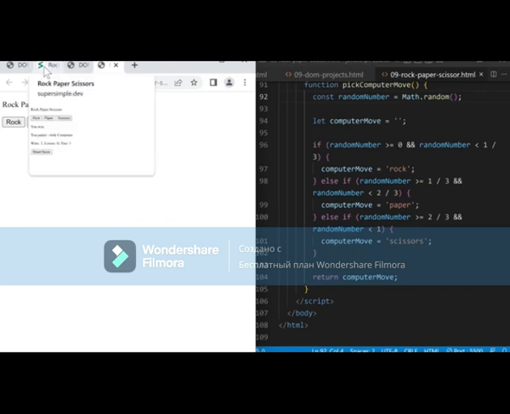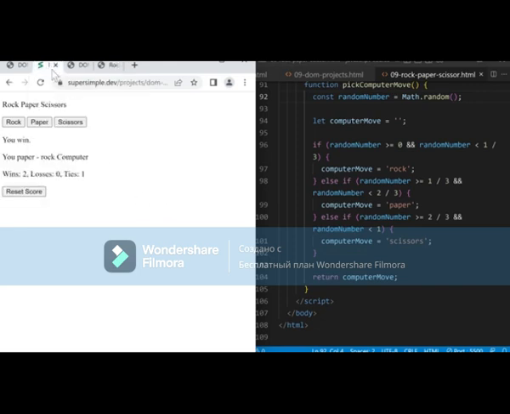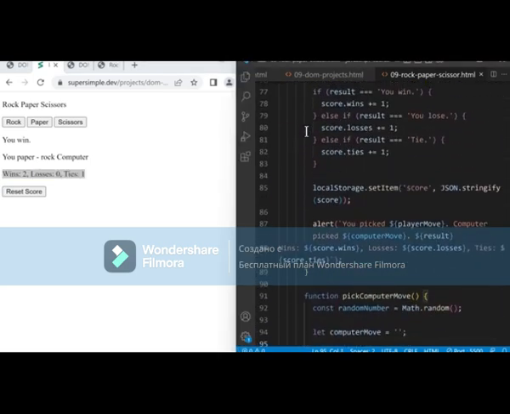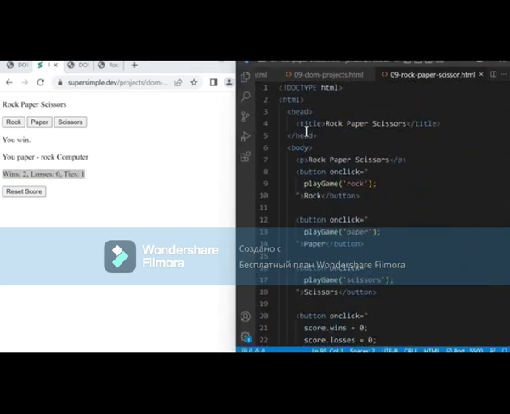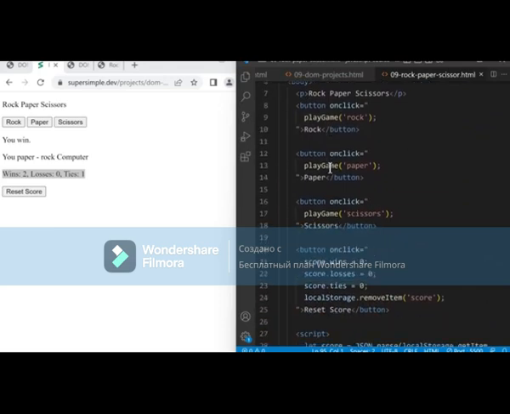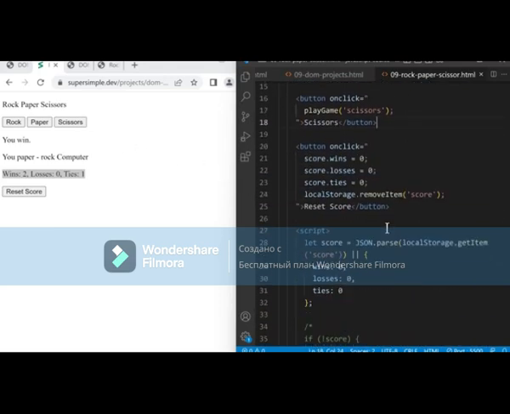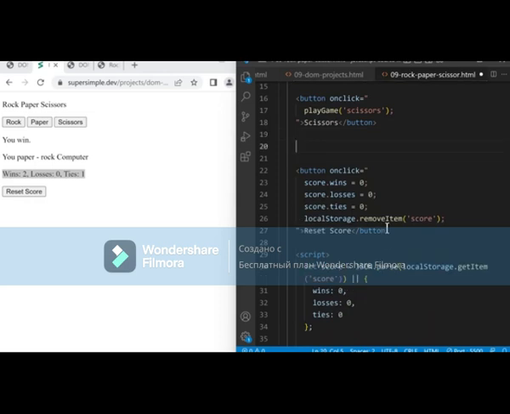So let's go back to the project at supersimple.dev, and we're going to start by putting the score on the page. So to do this, we're going to need somewhere to put the score. So let's create an HTML element for this. We'll scroll up to our HTML, which is here. And after the scissors button, let's add a paragraph element where we're going to put our score. So less than, P greater than. And let's add a class